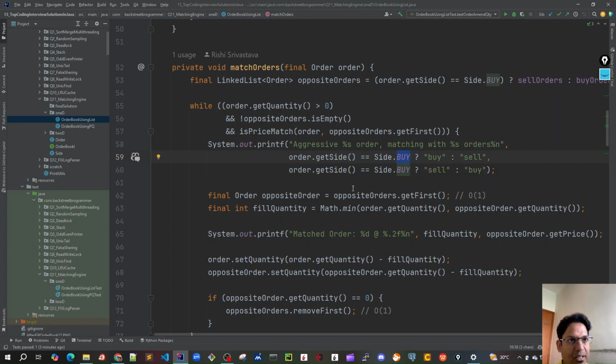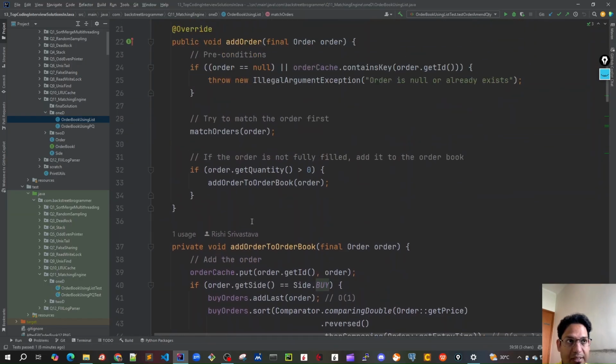Similarly, if I'm trying to amend a sell order, and after the amendment the price goes very low, below the best buy order price, then also the matching can happen. And when the matching happens, it will match it. And finally, if anything is left, meaning the order is not fully filled, only then we will add it back to